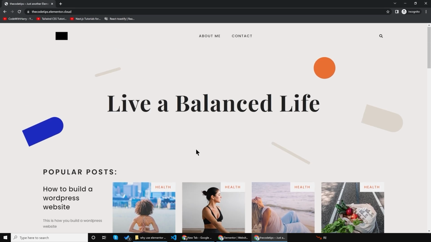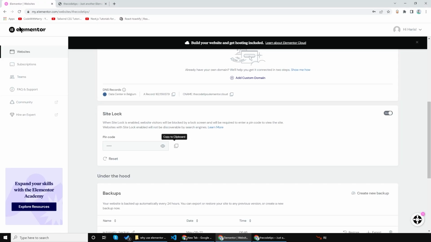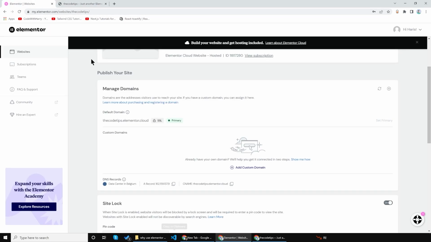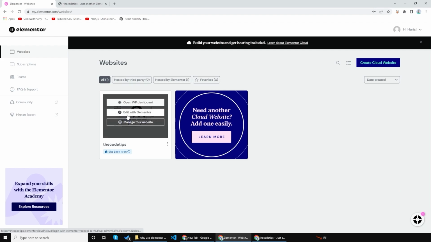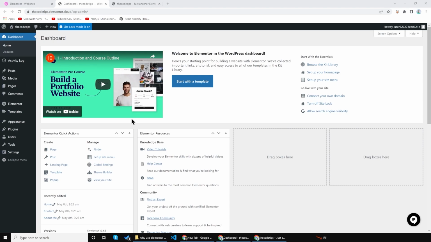Now, let us say I want to edit a post on my website. Let us say I want to edit how to build a WordPress website. I'll simply go to my WordPress dashboard. So let me reload this. I'll simply click on websites and open WP dashboard. This will open my WP dashboard, which is my WordPress dashboard. Waiting for my WordPress dashboard to open, and you'll be able to do anything you are able to do in